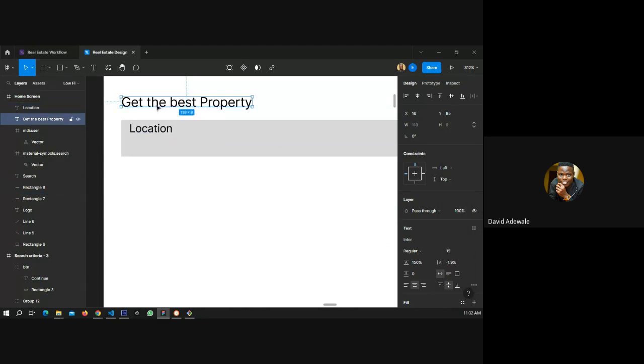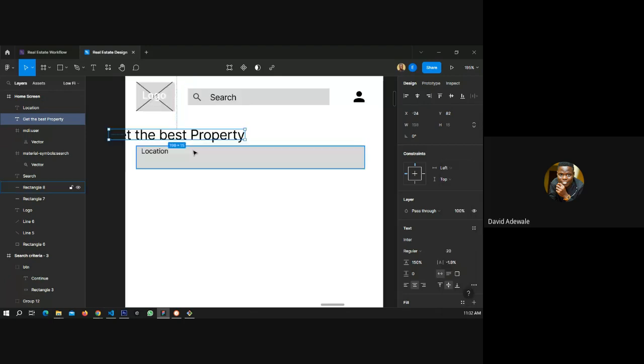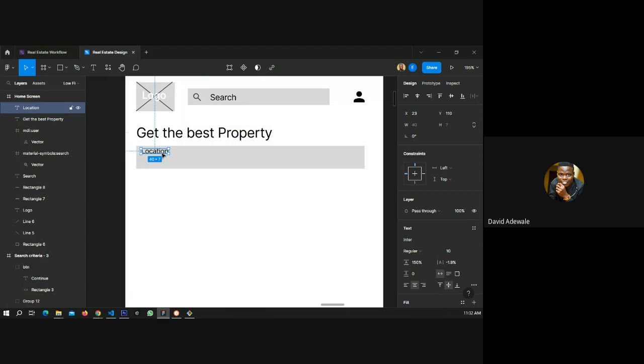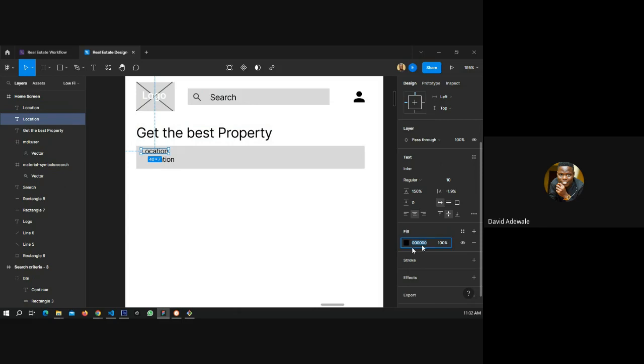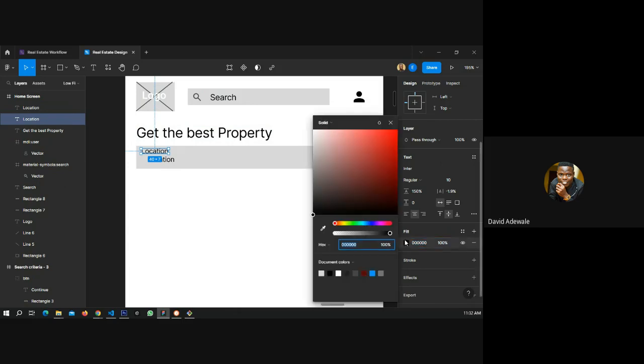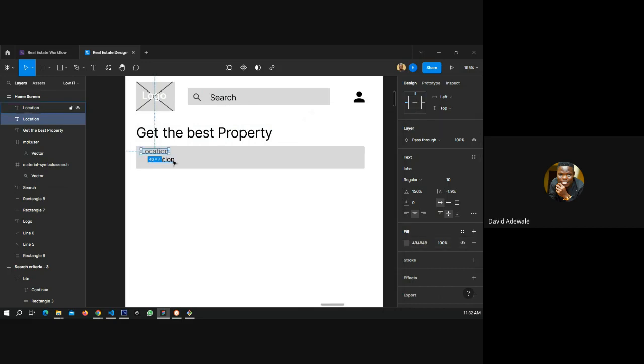So this one should be a bit bigger because it's a heading. Location, and then this one shouldn't be black. It should be a form of gray. And then I can say Lekki.